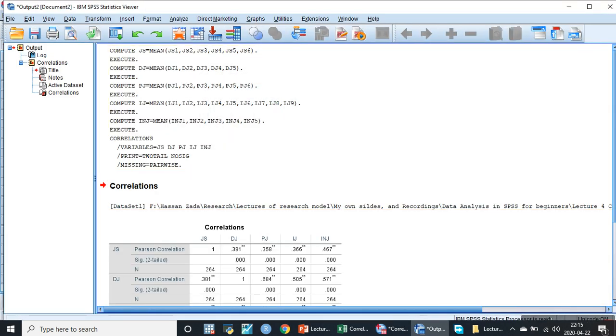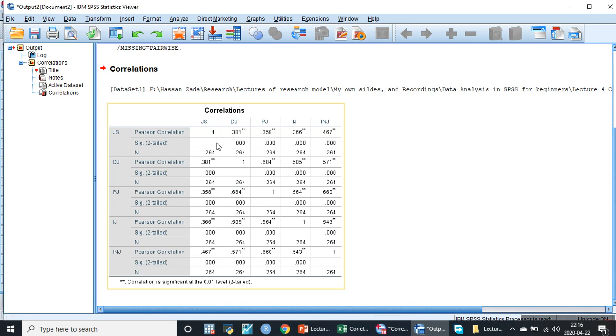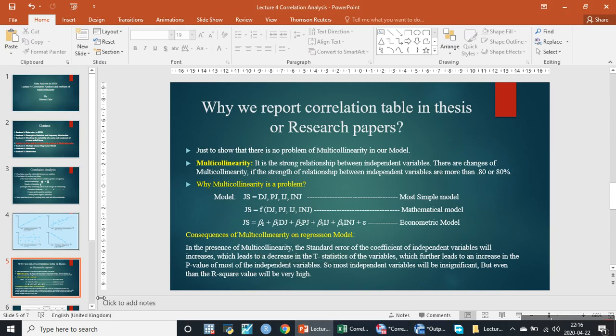This is the correlation table. In the correlation table there are three things. One is the coefficient, the Pearson correlation. These are the coefficient values. Then this is the significance level, and the n shows the number of observations. If you want to report the correlation table in the thesis, we will not report it in this form. We will report it in our thesis or research paper in APA style, which is